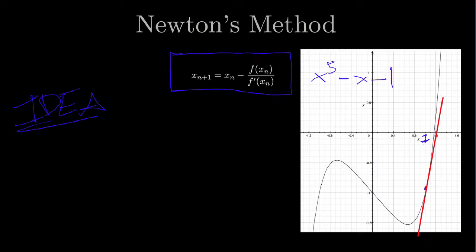And so the tangent line would look something like that. Once you do that, you find the point where the tangent line crosses the x-axis. So you find the x-intercept for the tangent line, which would be easy to do. And once you do that,